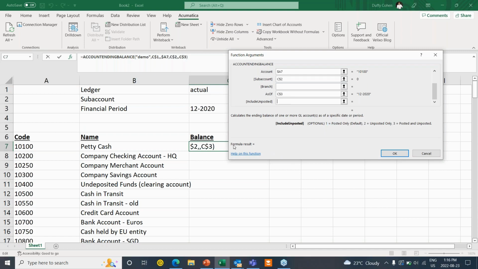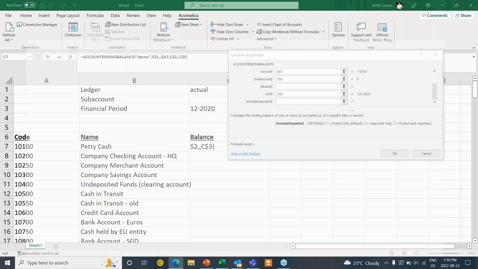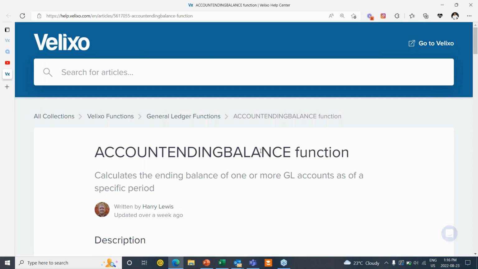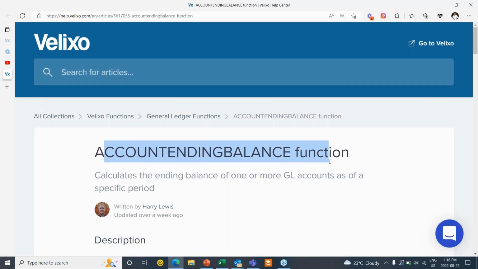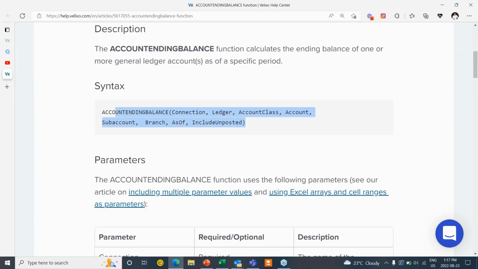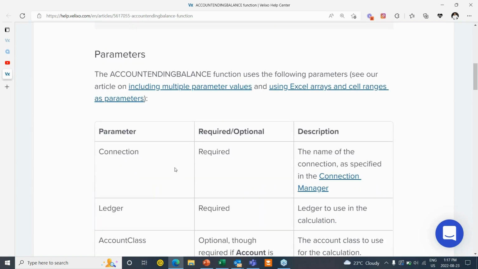on our support page. What we're going to do is simply click on the help on this function. And at this juncture, we will be directed to the Velixo support page. If you recall, we're working on the account ending balance function right now. So that's exactly where it's going to direct us. First item you'll see is the syntax to be inputted for this specific function. But as you scroll down, you'll see the parameters